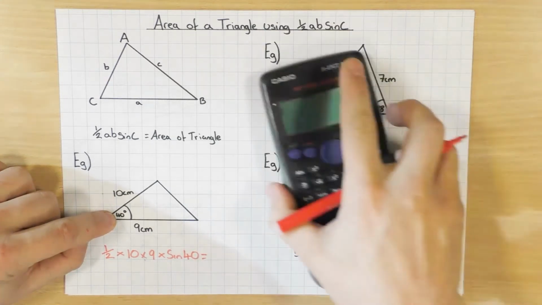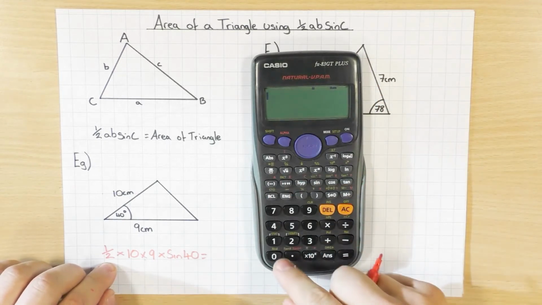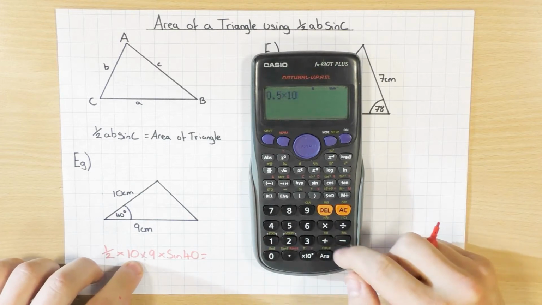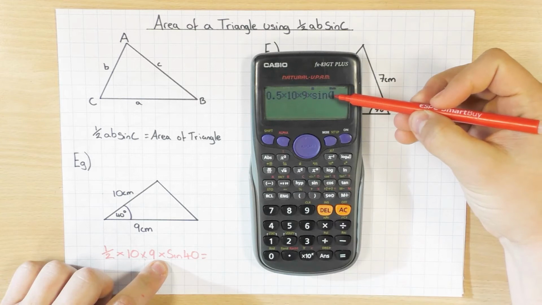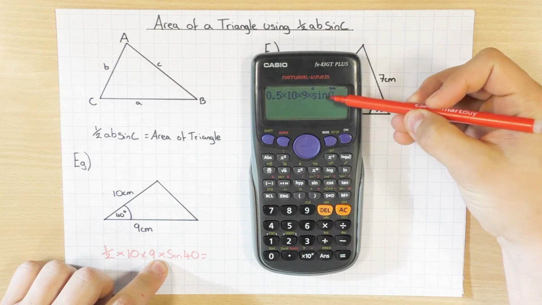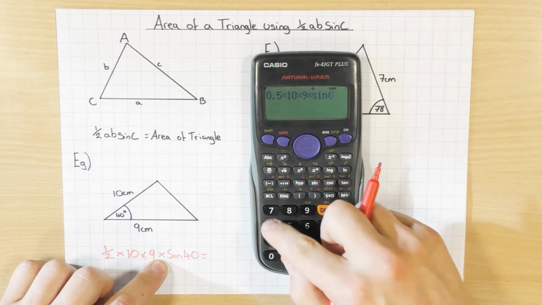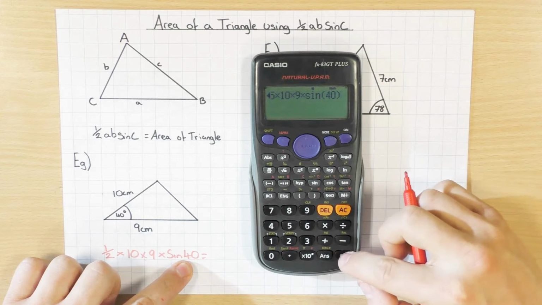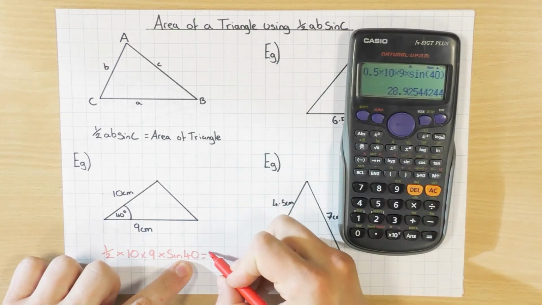And all we do is get our calculator and type it in. You can use the fraction button to do 1/2, but 1/2 is just the same as saying 0.5 times 10 times 9 times sine. Now notice on sine, sometimes when you press the sine button or cosine or tan, you have a bracket. So if you do have a bracket, just make sure once you put the angle in, you close the bracket before pressing equals, because you might get the wrong answer. And hopefully you can see that,